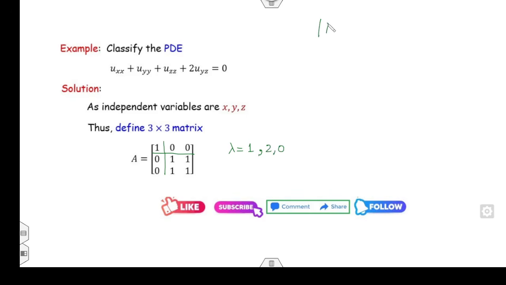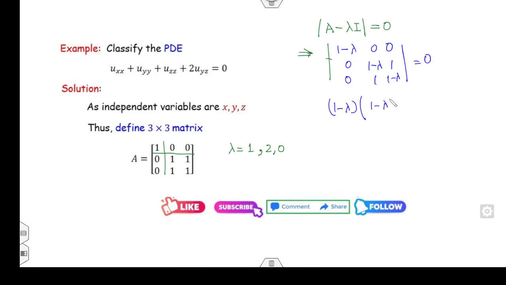Otherwise you can find the eigenvalues by using |A minus lambda I| equal to 0. मैं आपको करके दिखा देता हूं क्विकली से. A minus lambda I करो. 1 minus lambda 0 0, 0 1 minus lambda 1, 1 1 minus lambda, so you can find it